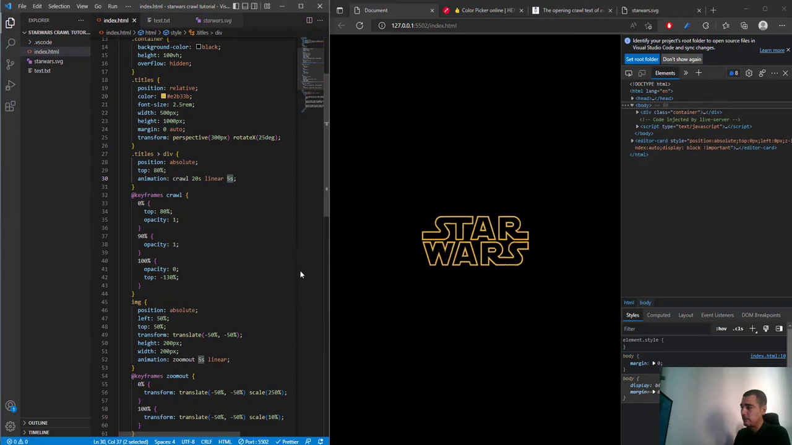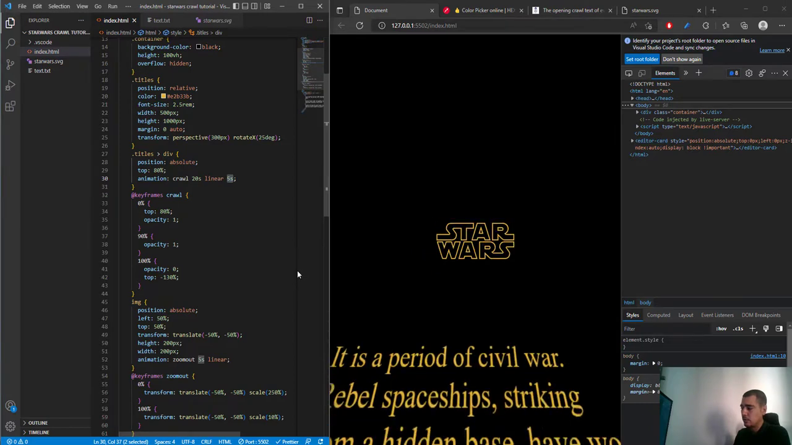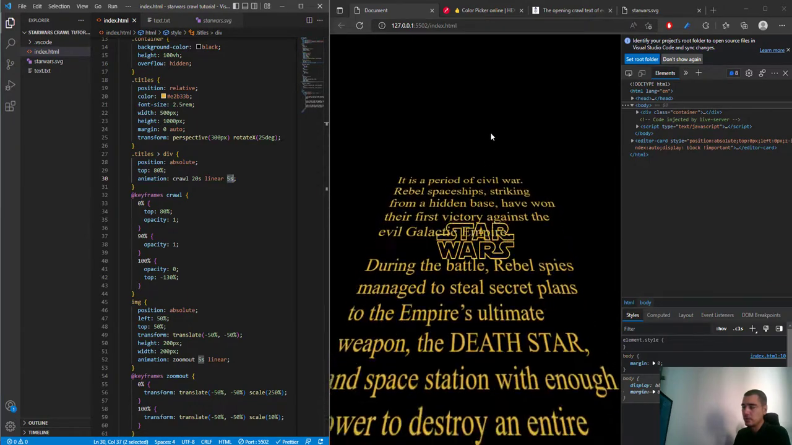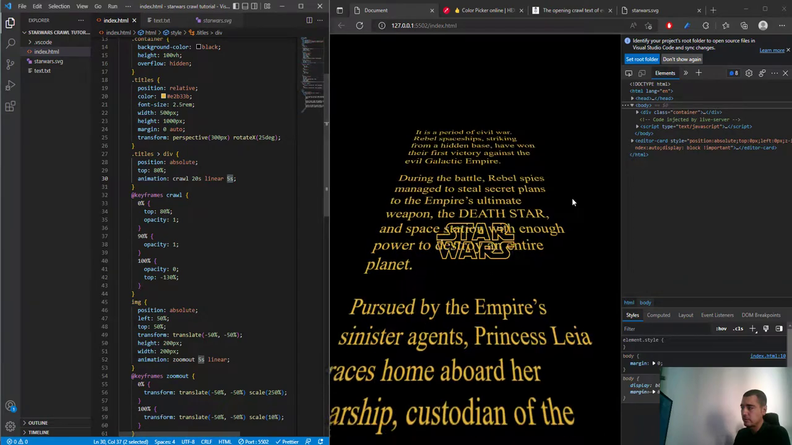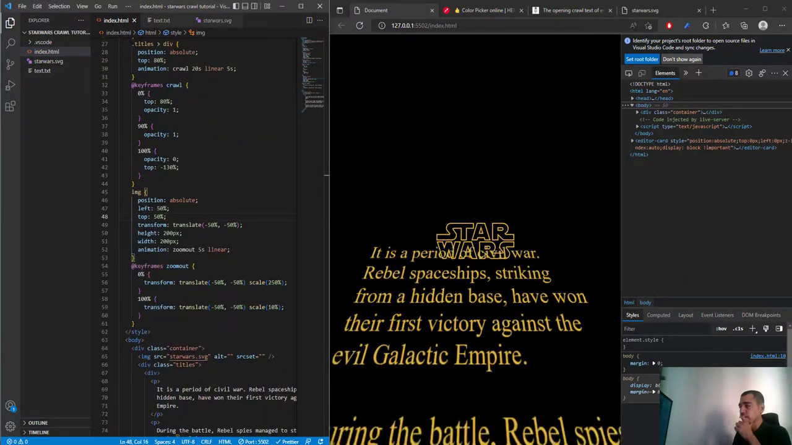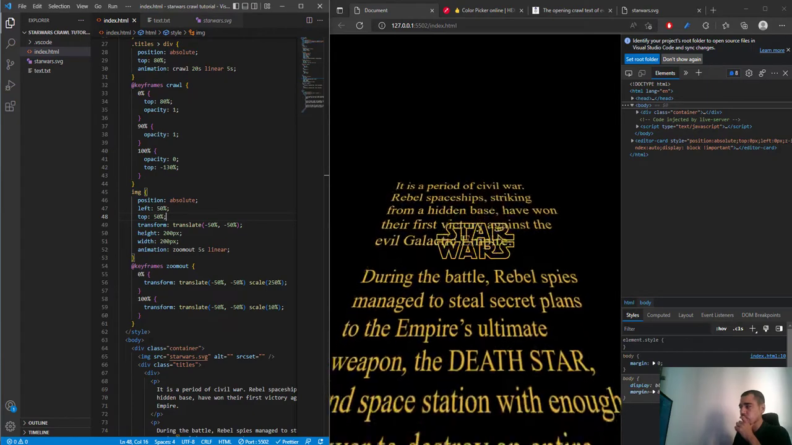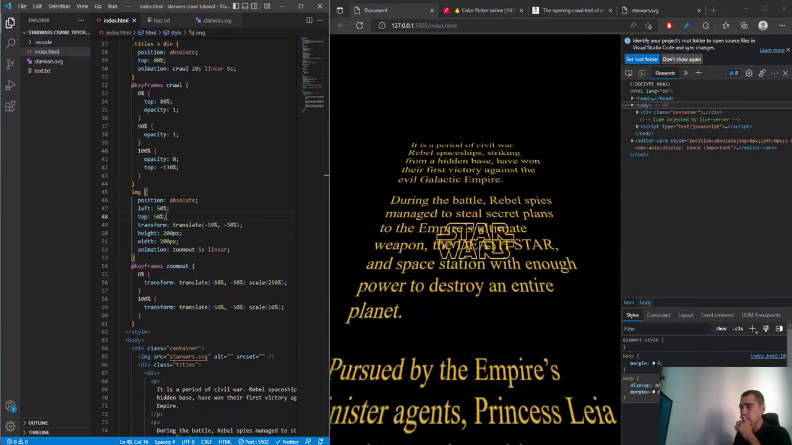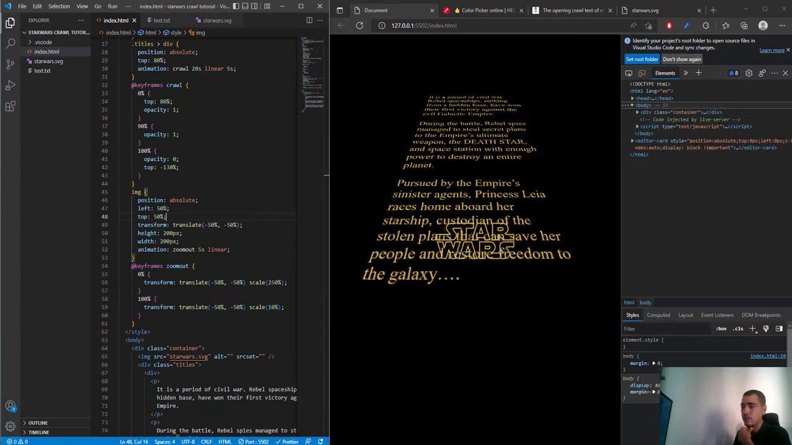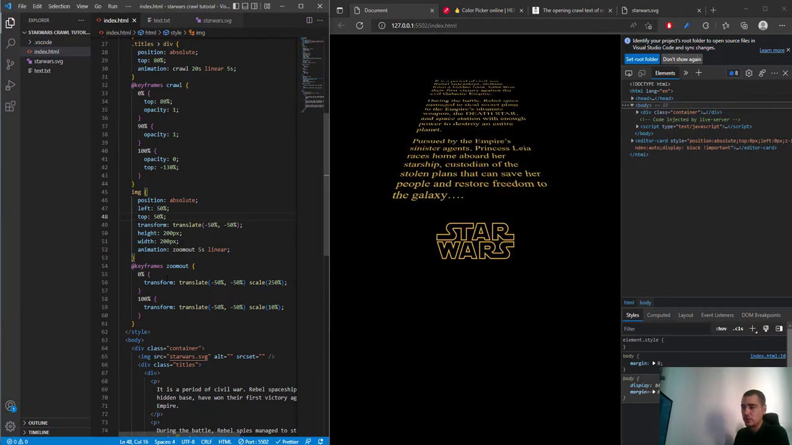So first of all, I have my logo. It goes smaller and smaller. And then you have the crawl that starts going towards the top of the screen. As you can see, another problem is that the logo is not disappearing. Okay, so we can fix this by giving the Star Wars logo an opacity of 1 at the beginning of animation and have it fade towards an opacity of 0 by the end of the